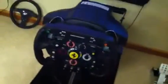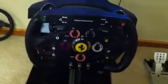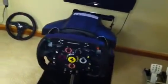But anyway, I guess that's generally what I think. I love it. I love how the Kers is on the Formula 1 wheel for Ferrari. I love where DRS is. I love everything about this wheel. It's just freaking awesome. Now, like I said, this is probably the second day I've had it, so I've only done like 3 or 4 races in it. But I'm about to do some more since today's my day off. But if any of you guys have any questions for me,